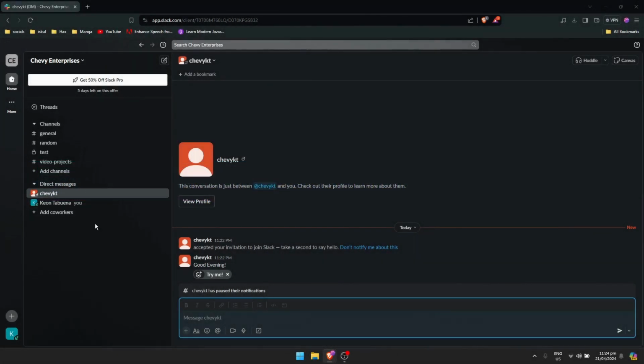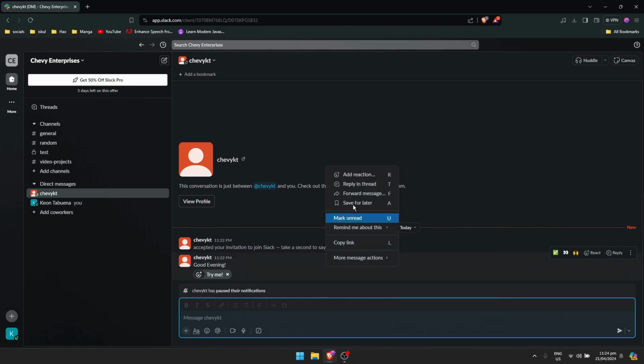in Slack. So first, what you want to do is go to a conversation right here. Then right click on the message that you want to reply to. So right click, and you'll see this reply in thread right here. You can also click on the key letter T on your keyboard